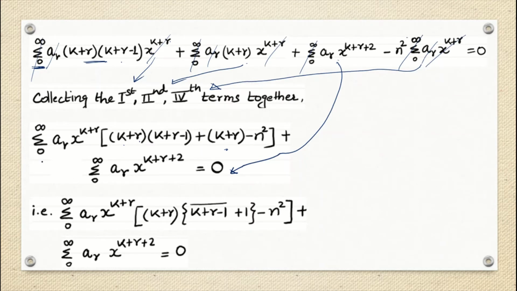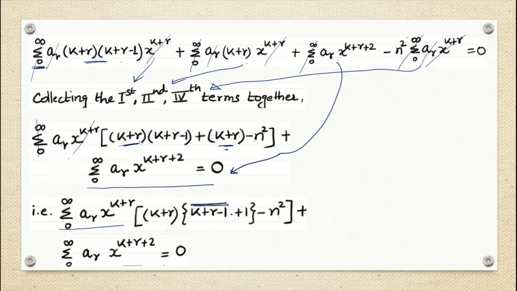That means sigma and then AR x to the power k plus r, everything I've just written down here, and I'm simplifying it. How am I simplifying it here? These two terms, k plus r and then k plus r, I'm making common, k plus r. So now this will be k plus r minus 1. This is total one term, either you write down a bracket or anything. So k plus r minus 1 is total one term, plus 1, because k plus r you have taken aside, plus 1, and then as it is minus n square, no changes here, plus this term, copying as it is.